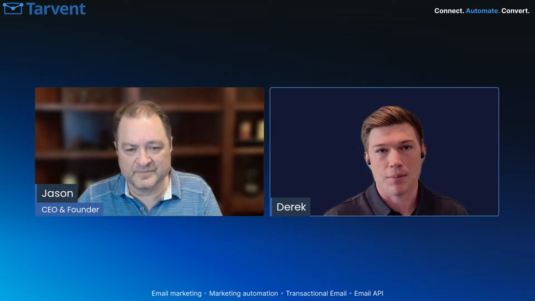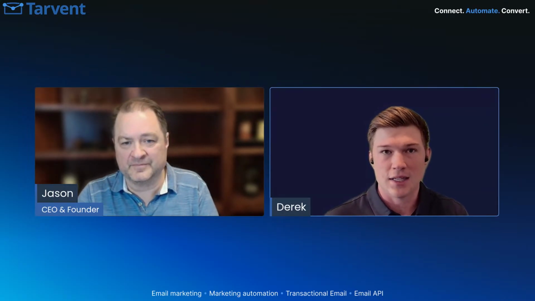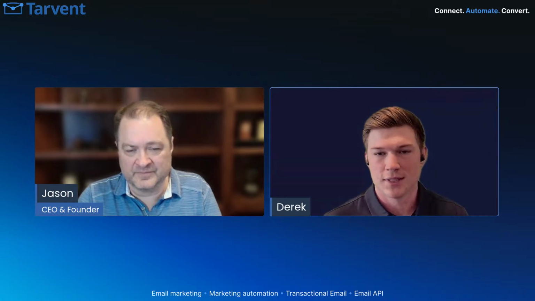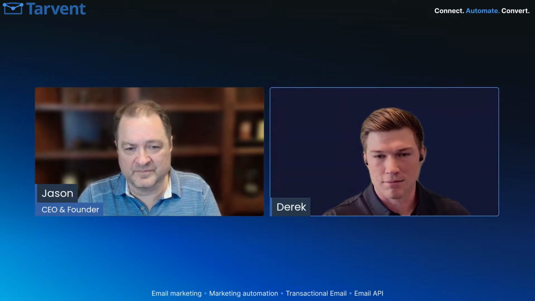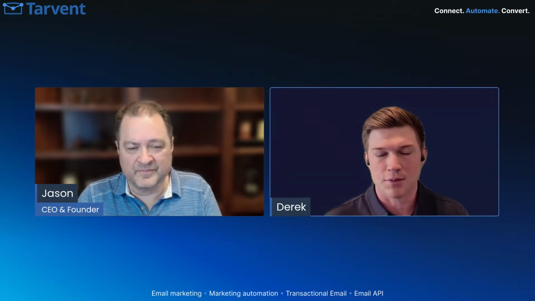Any campaign or journey emails do not apply to your email API credits. The way I like to phrase it to simplify things is if you're sending the email through the Tarvent platform, it's not a transactional email. If you're using code or using a Zapier action, because we have an action in those integration platforms to send a transactional email, those will use your email API credits. But anything you do in the platform will not. So just to simplify things.